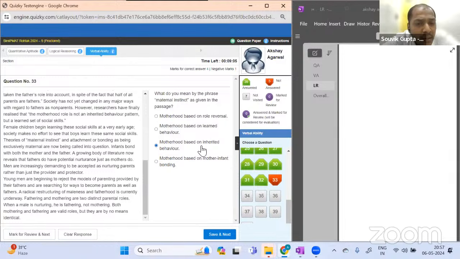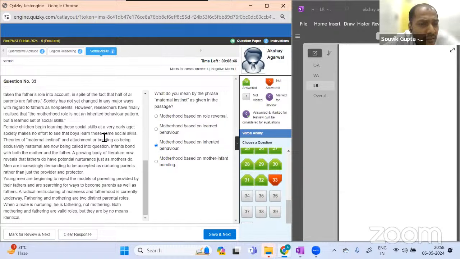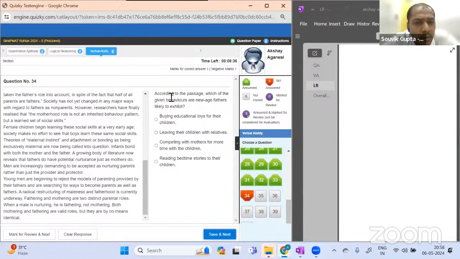Motherhood based on inherited behavior. A maternal instinct like exclusively maternal are... According to the passage, which of the given behaviors are new age fathers likely to exhibit: buy educational toys,